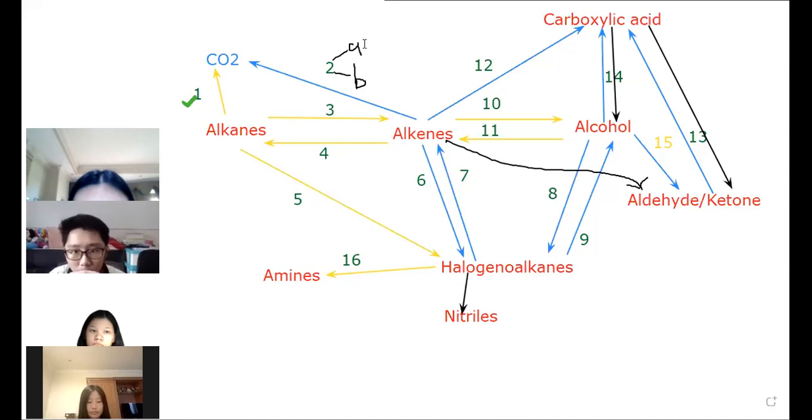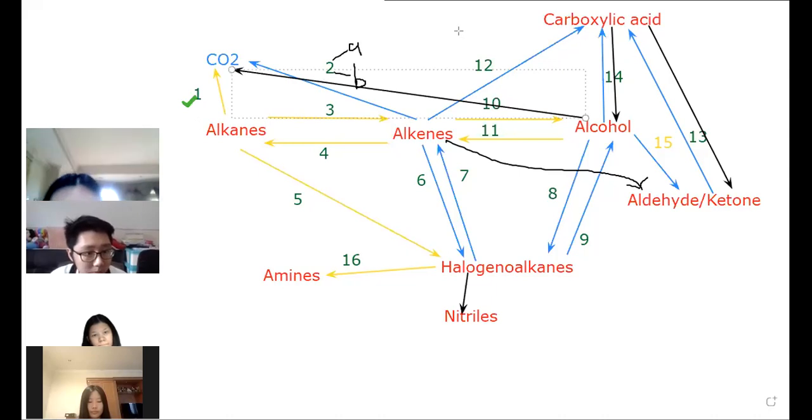The reagent is oxygen. It is called combustion. Same like alkenes. Alkenes can undergo combustion. And then for this one,